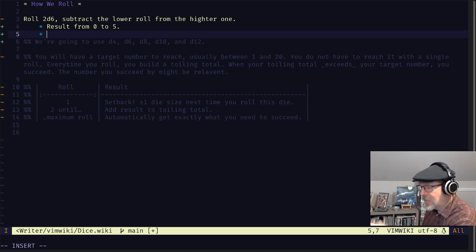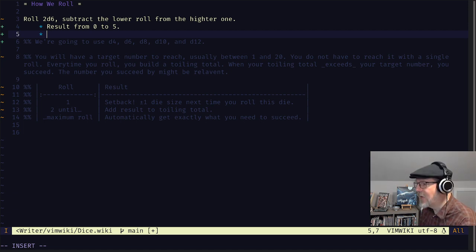It does work out that way, but you have a 1 in 6 chance of getting a 0, and then you have a better chance of getting a 1, and then you're back down to a 1 in 6 chance for a 2, and then you have a worse chance for a 3, and then worse for 4, and then worse for 5.